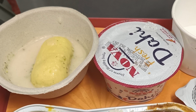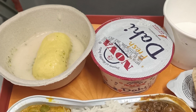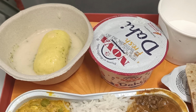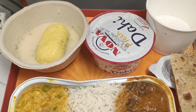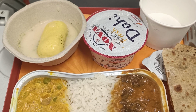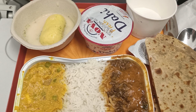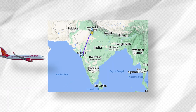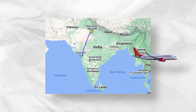The meal was quite enjoyable. Curries and rice were steaming hot, and so was the bread. But the dessert dish stood out as particularly satisfying as it was soft and incredibly juicy, bursting with flavour in every bite. Another thing that stood out as noteworthy was that the cutlery was all metal, not something you often see in economy class. After covering around 1,200 kilometres or 705 miles, Flight 624 arrived in Mumbai at 2100 hours,